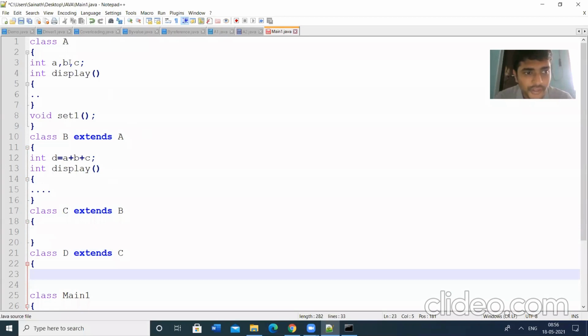That means B extends A, C extends B, D extends C. For each level, the subclass and base class vary.